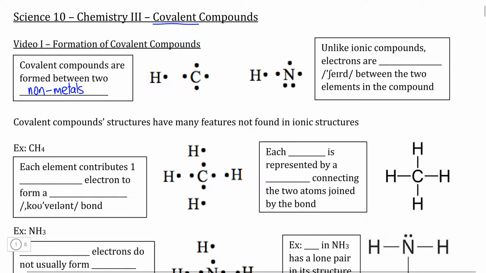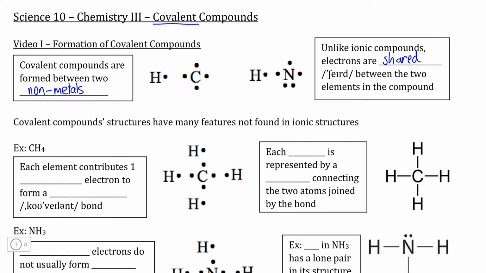For example, we can see both hydrogen and carbon are nonmetals, and likewise hydrogen and nitrogen are both nonmetals. The biggest difference, however, between covalent compounds and ionic compounds is in the attractive force that holds the atoms together. So unlike in ionic compounds, where one element gives away its electron and the other element receives that electron, where charge is what holds the two atoms together, covalent compounds are held together through the sharing of electrons that exist